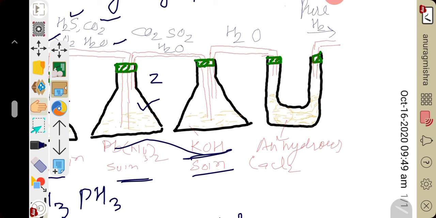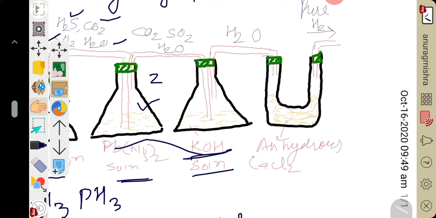Thus the gas is purified and dried and then collected over mercury, because mercury has no reaction with it. So I hope you understood how to remove impurity from